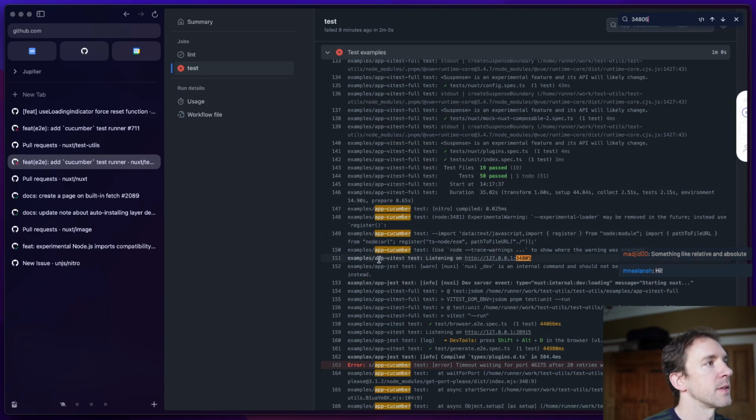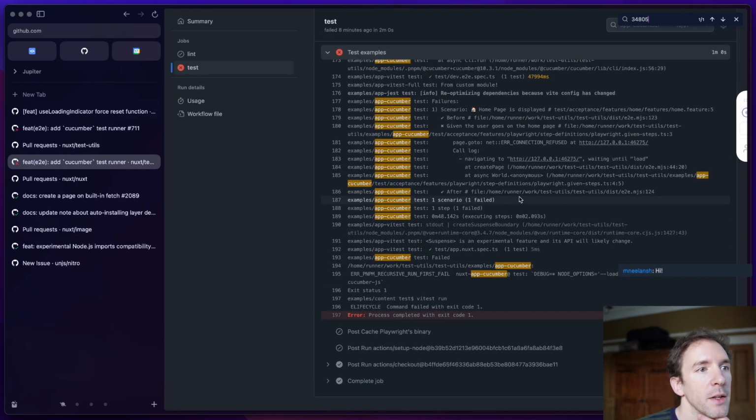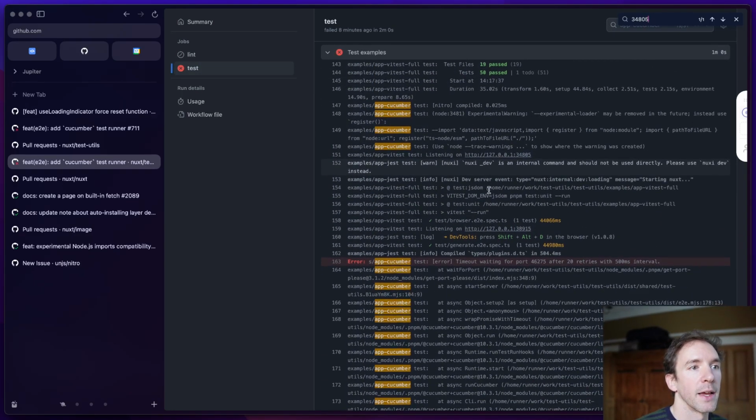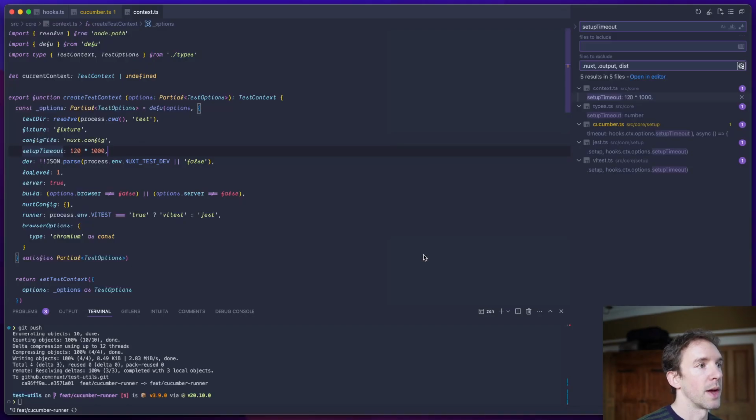That's app vtest. That's a different test suite. So we're running all the test suites in parallel. And I don't see in App Cucumber that we are listening at all. What I would expect to see is this kind of thing print out when we're ready, when we're actually listening. So it looks like it's not